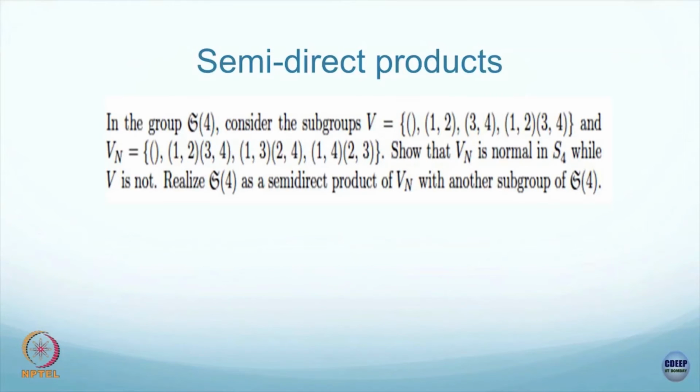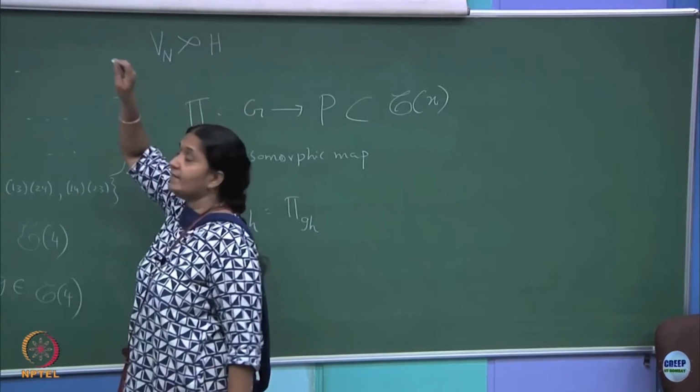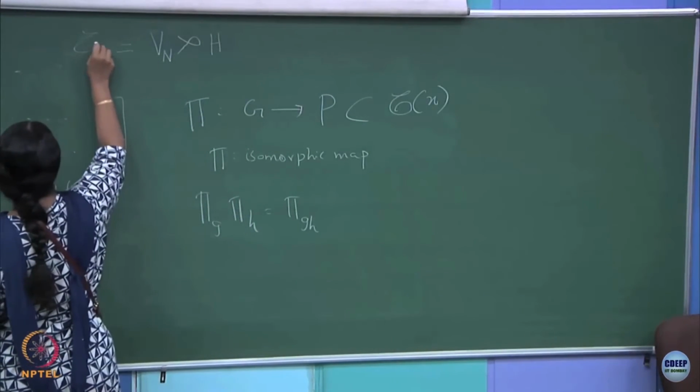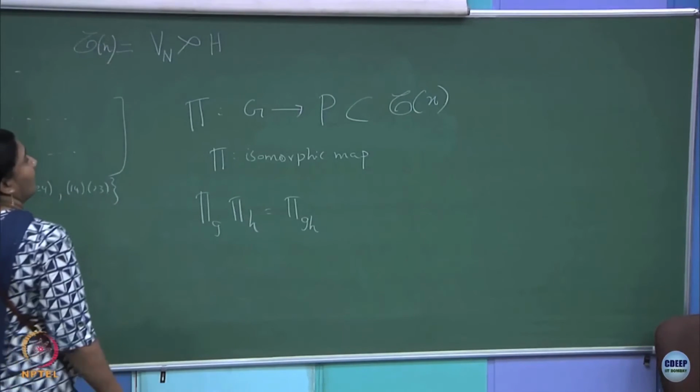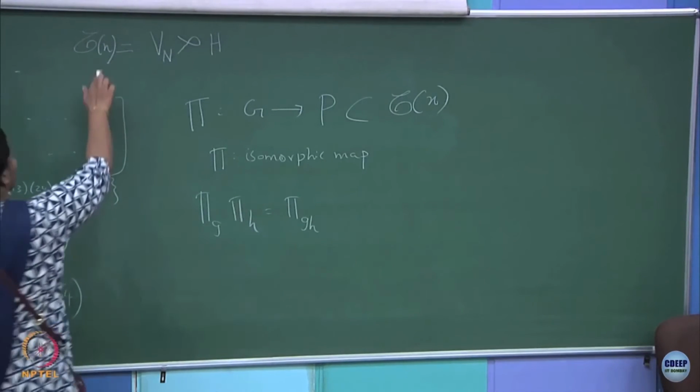See, if you remember the definition of a semi-direct product, you will find a subgroup whose intersection with the invariant subgroup is only the identity element, right. That is the definition of a semi-direct product group. So, the invariant subgroup was Vn and you need to find a semi-direct product with some subgroup, let me call it H, and that I want to write as a symmetric group of degree n, or degree 4 in this particular example,